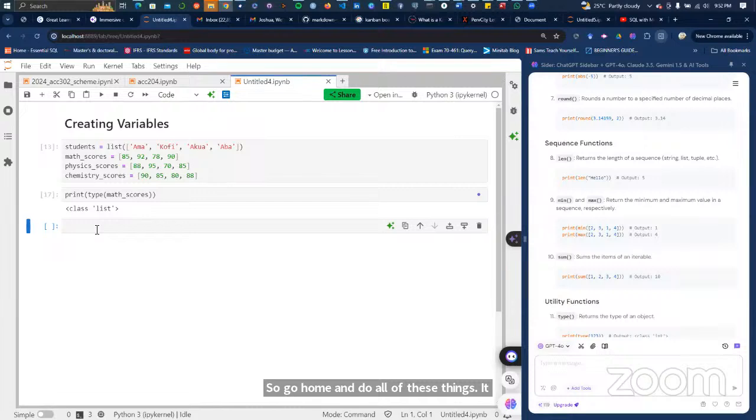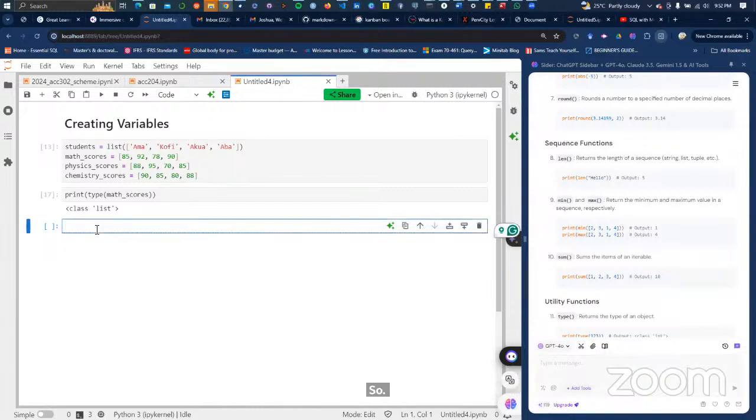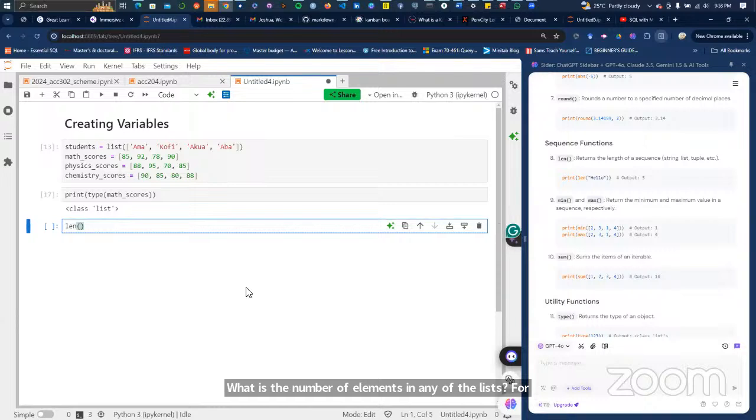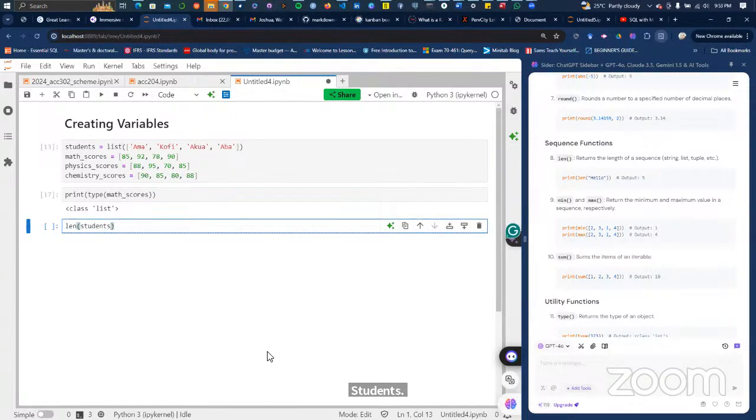So now we can check, okay, what is the number of elements in any of the lists? For example, we can do len students. So we want to check the length of the list. Normally, this one is 4 data points, so your eyes can readily see. But we are doing this for a demonstration.